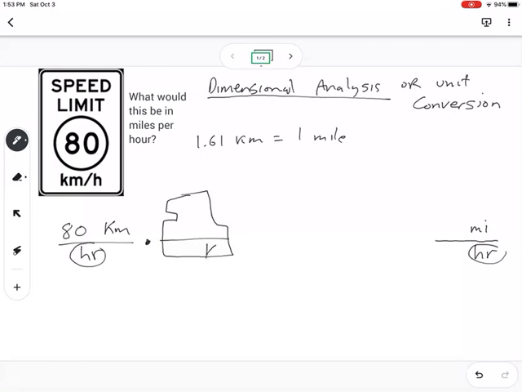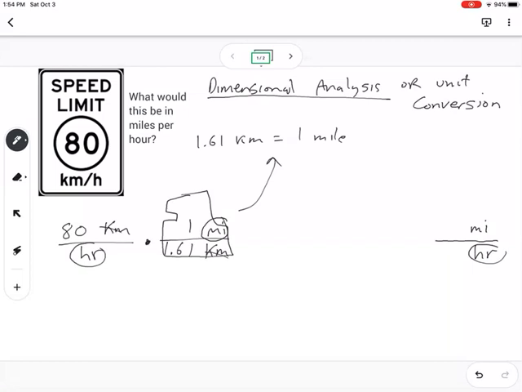And we want kilometers to go away, so the kilometers needs to go on the bottom. That way kilometers will cancel with kilometers. And the equivalency we have is up here, and so we know we have a kilometer to miles equivalency, and the numbers go with the labels. So this is 1.61, and this is 1. When our units cancel, we're going to be left with miles, and so this is a simple one-step example, which many of them will be,